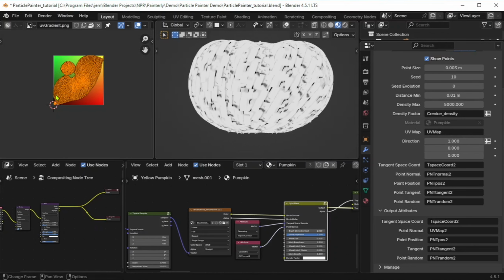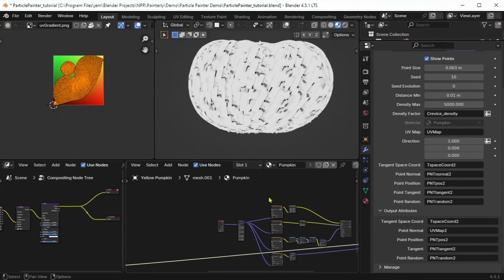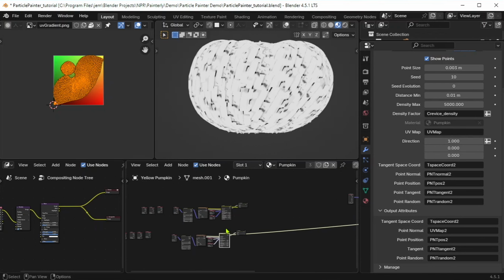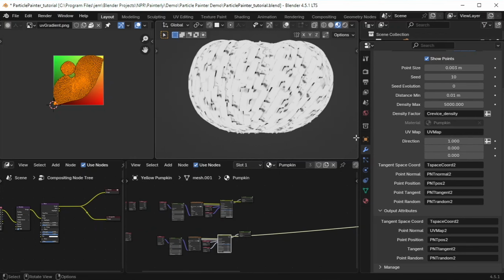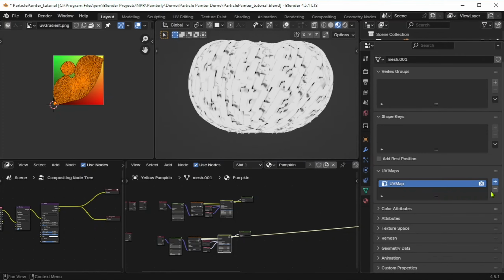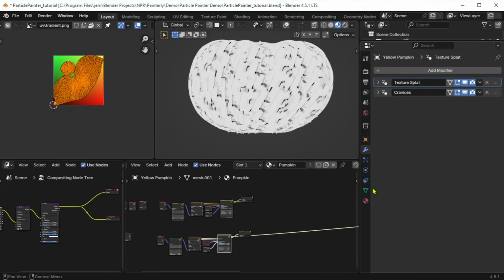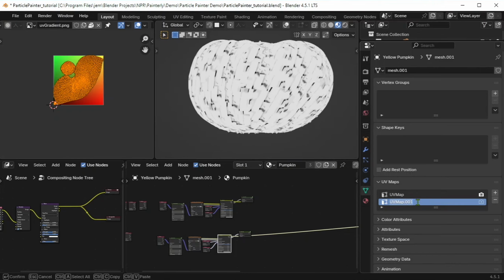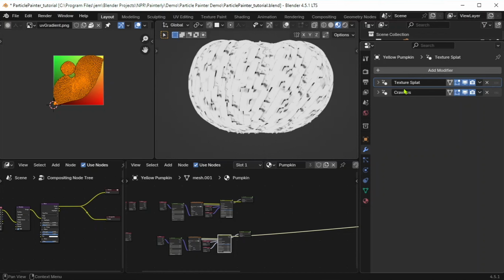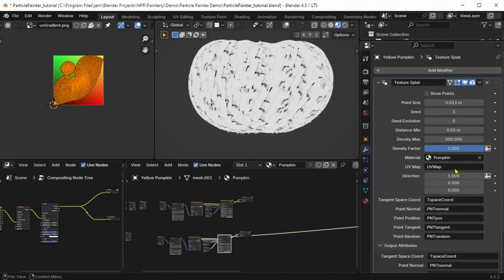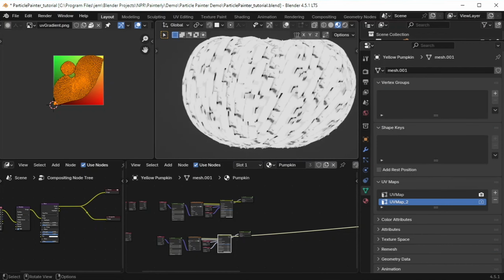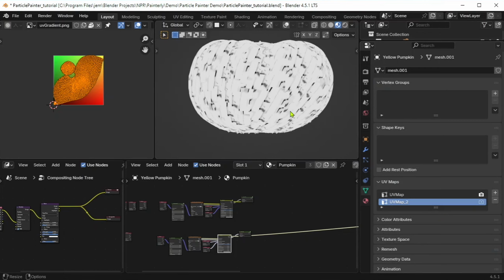We don't want to do that because that's going to affect our pumpkin textures, because it's baked to this UV map, right? So what we need to do instead is create a second UV map, edit this UV map, and then switch it up to ensure that we're using the same UV map in our geometry node modifiers. But before that, I'm going to change the name of the UV map to something. Doesn't matter. And then we're going to come over here and select the right UV map, which is UV map. So now we can do whatever we want to this UV map and not worry about affecting the texture of